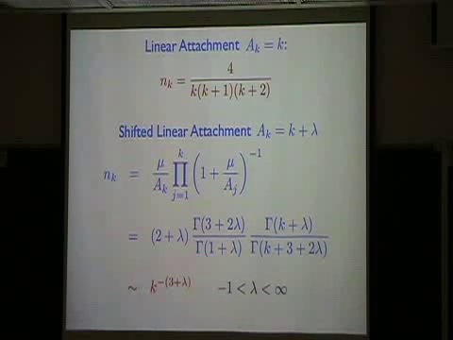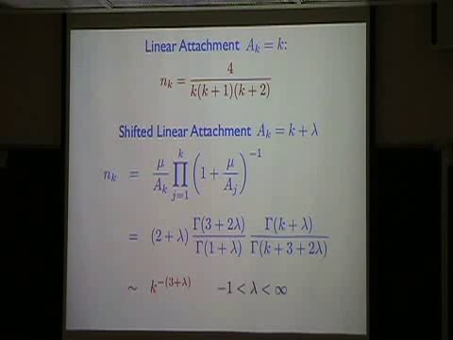What if you set the rate A_K equals K for K less than 1,000,000, and A_K equals K plus 1? That's truly an amazing thing. In fact, you can do even something dinkier, which is you can say A_1 equals 2, and all the other A_K equal K. For that particular example, you can work everything out analytically, and you get an analytic formula for this degree distribution exponent, which changes as a function.